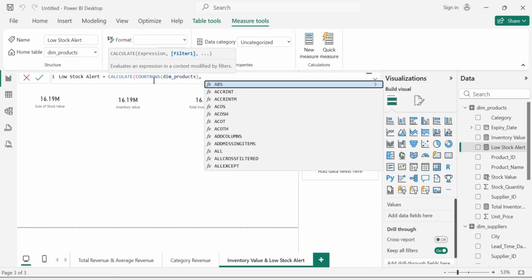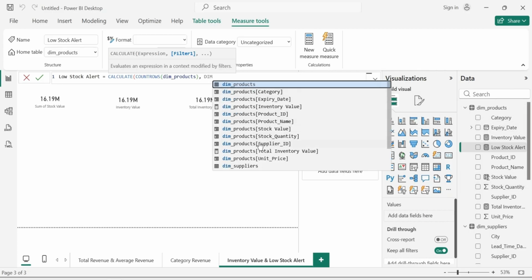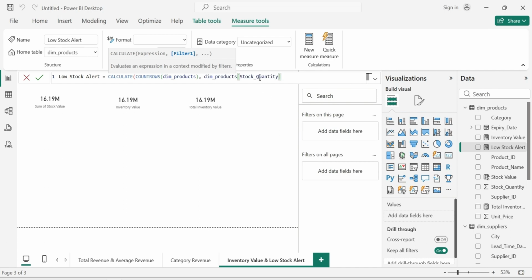So we are counting the number of rows in the dim products table where the column is equivalent to the stock quantity. So where the column, and that column stock quantity is also inside the dim products table. Dim products there, then you have to select the stock quantity. So where the stock quantity, which is also inside the dim products table, is less than 100. So space, then less than, like that, 100. Then you have to close the calculate function. So we are calculating the total number of rows inside the dim products table where the stock quantity is less than 100. So the moment I hit enter there, you will obtain a measure there for